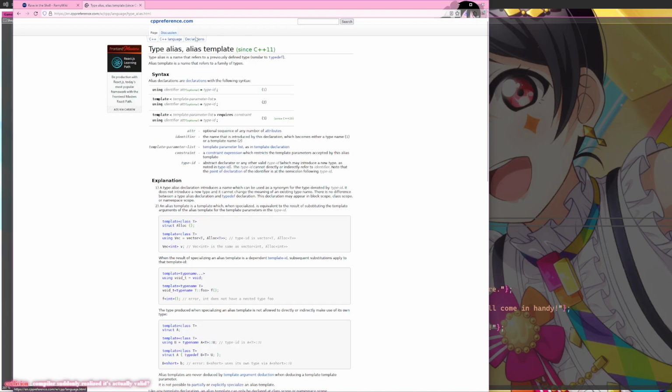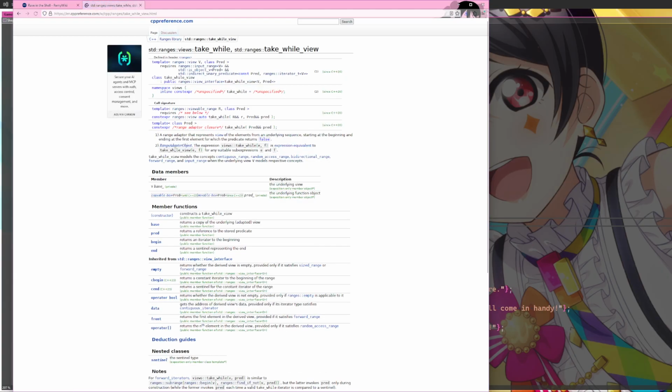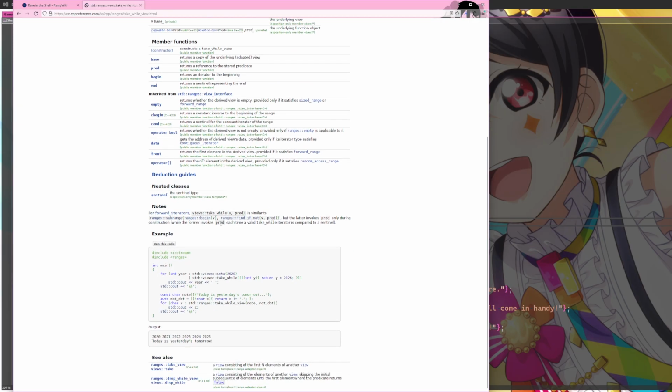I really like the concept of ranges, and I want to keep trying to use them, learn them. They've been very helpful so far. So I think I want to use the one that goes until it finds one. I think it's called a while view. Take while.